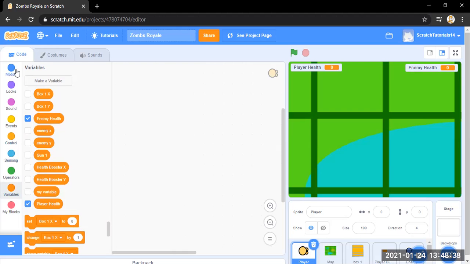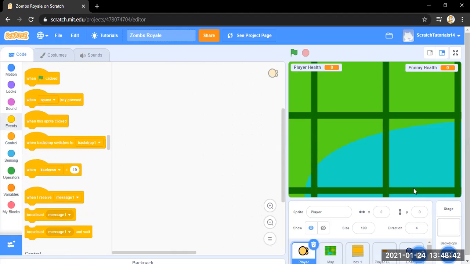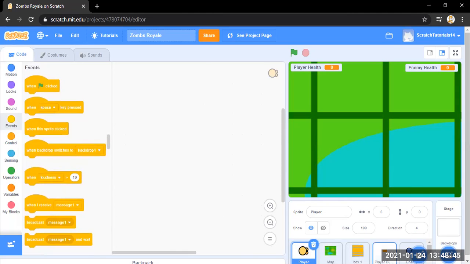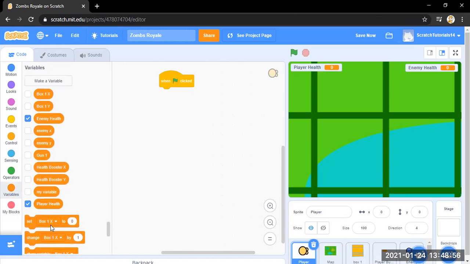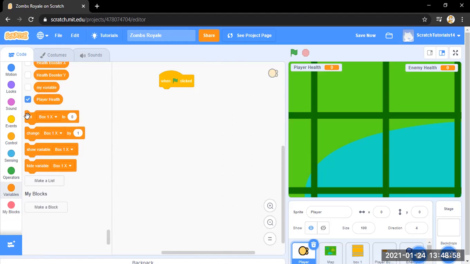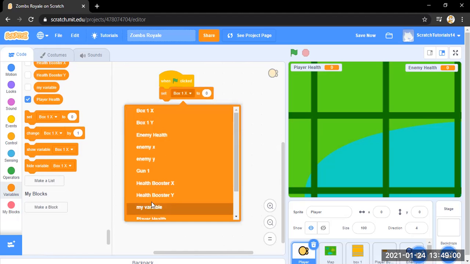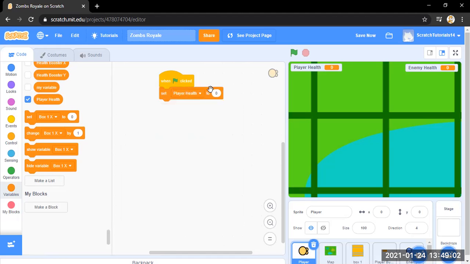So when flag clicked. What we're going to be doing is basically a player versus an enemy who will automatically shoot, and the player has to shoot the enemy. So when flag clicked, we'll have to set our player health to, I'm going to keep it 10. You can keep it on any number you want. So yes, and then